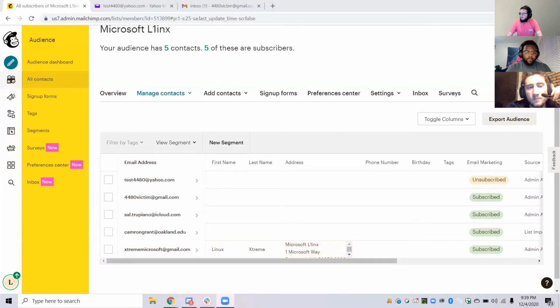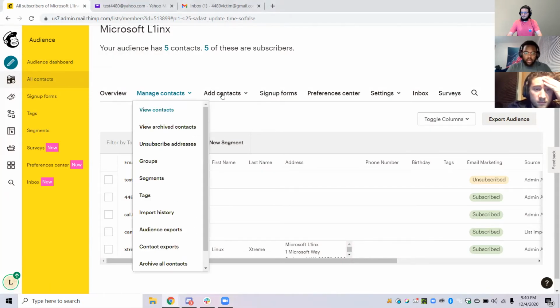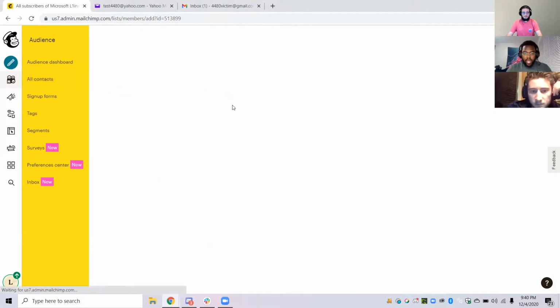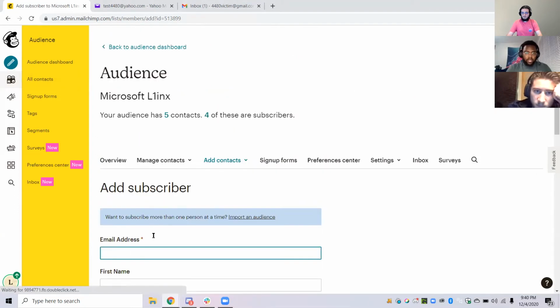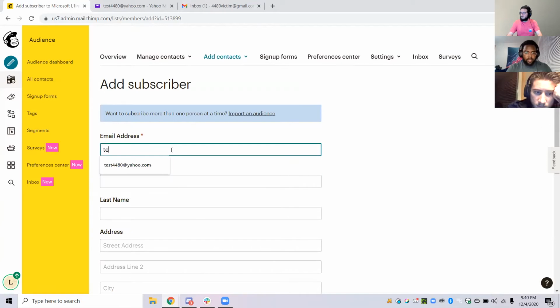Okay, cool. So I'm going to start off by showing you, this is MailChimp. This is the interface that we're using to send emails. I'll start off by adding contacts. This is the feature that I was talking about before, where you can add a subscriber to your list. So we're going to add